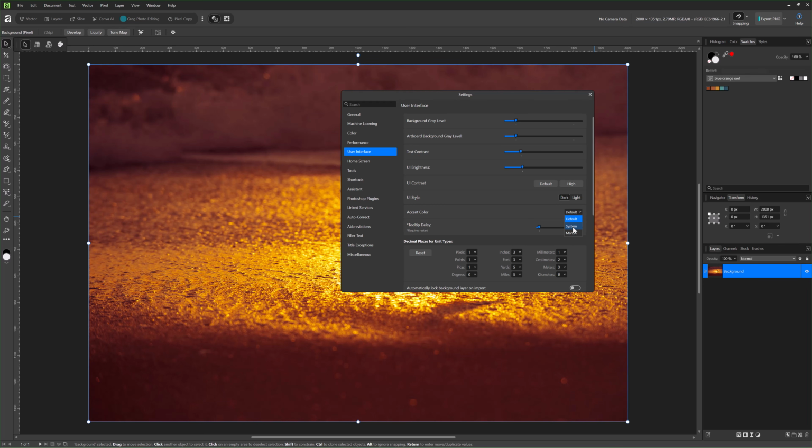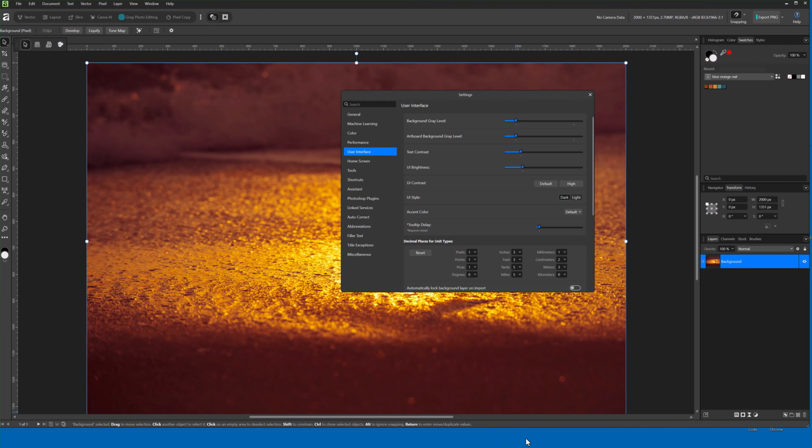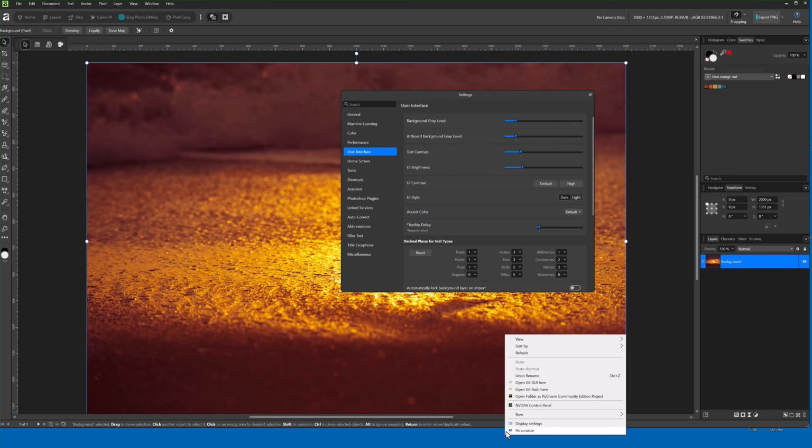Now, if you set it to system, then it's actually going to be based on your operating system's, whether that's Windows or Mac, and where you select that accent color within those settings. So I'll show you where that comes in on Windows. So let me come up here and just make this a little smaller just so I can see my desktop behind Affinity here. So if I right click and you come under Personalize, this is on Windows, but on